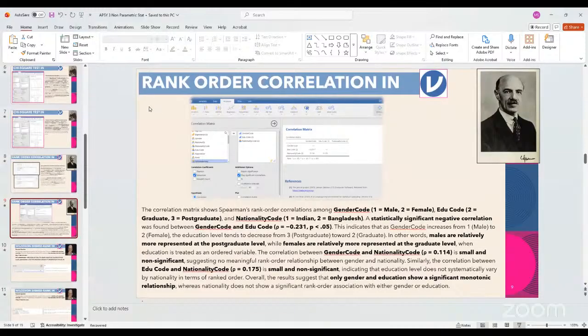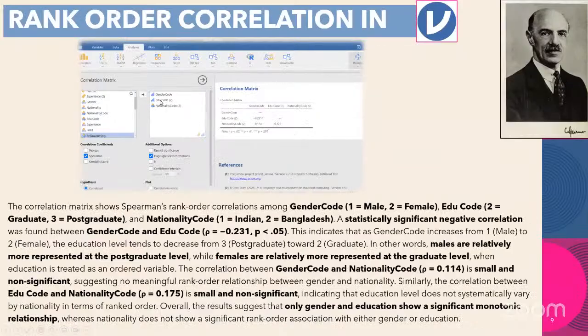After this, you have to take gender code here, education code here, and nationality code also you have to include. Then you have to click on flag significant correlation and click on Spearman correlation. And you will get the correlation in the result section. The correlation matrix shows gender code, edu code, and nationality code. A statistically significant negative correlation was found between gender code and edu code, minus 0.231. This indicates that